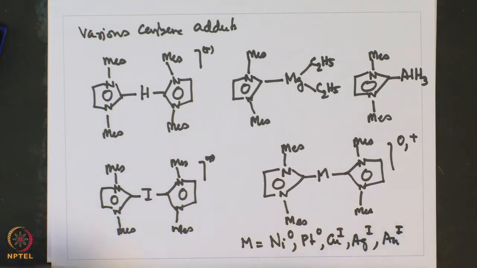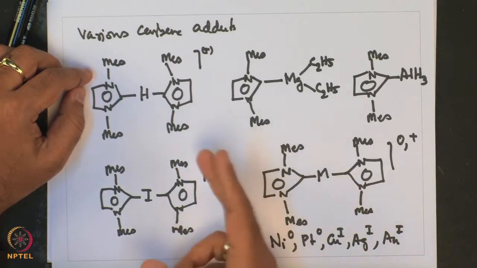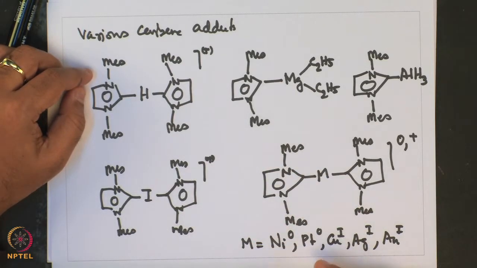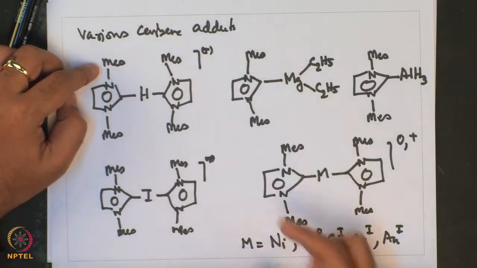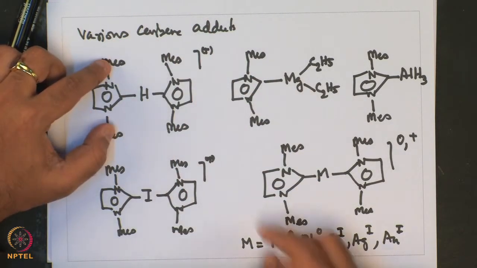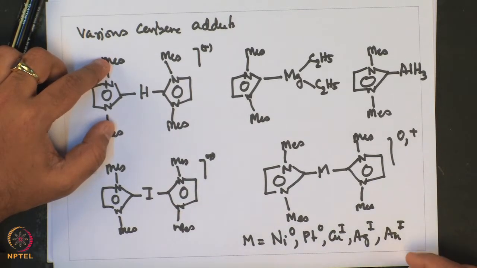So, what it brings to the fore is that carbenes not only can bind to transition metals, but they also can bind to various electrophiles or cationic sources and stabilize them. Furthermore, because of the presence of bulky substituents on the nitrogen atom, the group which is flanked by the carbene is well protected and stabilized, and in this way reactive metals in their low oxidation state have been stabilized using